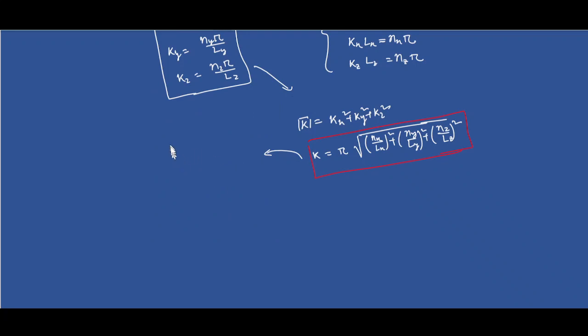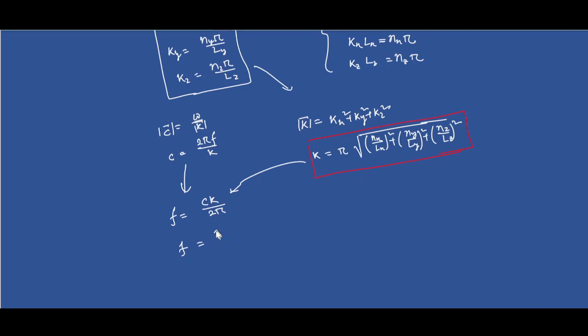The expression of velocity is going to be omega over k, so I can write c equals 2 pi f over k, and then f equals c times k over 2 pi, and using the value of k here